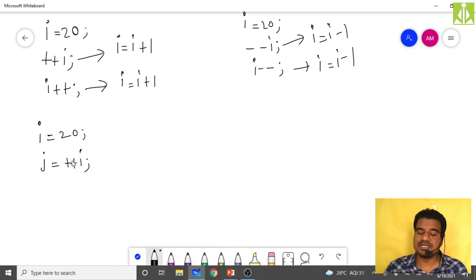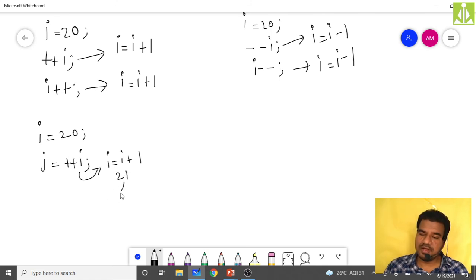what will happen? As it is pre-increment, first the value of I will get incremented. See the arrow marks I am pointing at, that you need to understand. First the I value gets incremented, that is I equals to I plus 1. So the value will become 21 now.